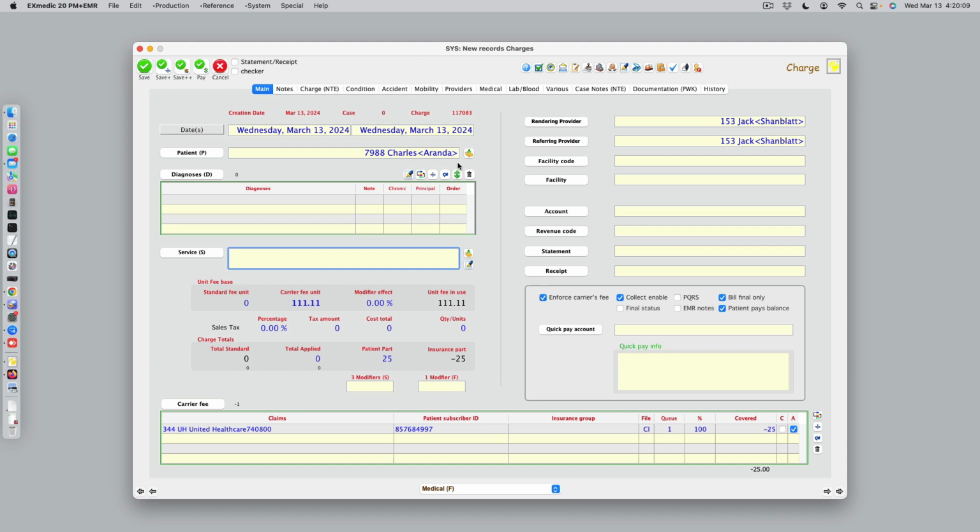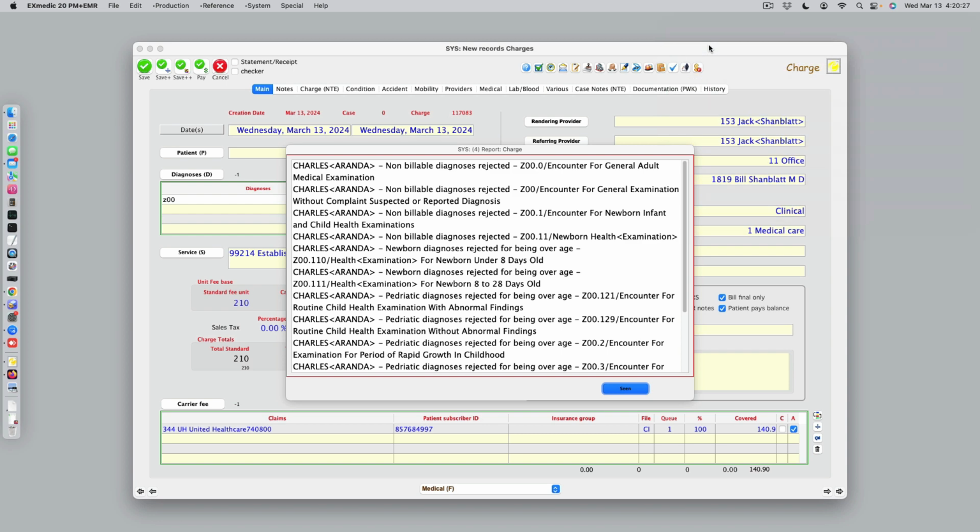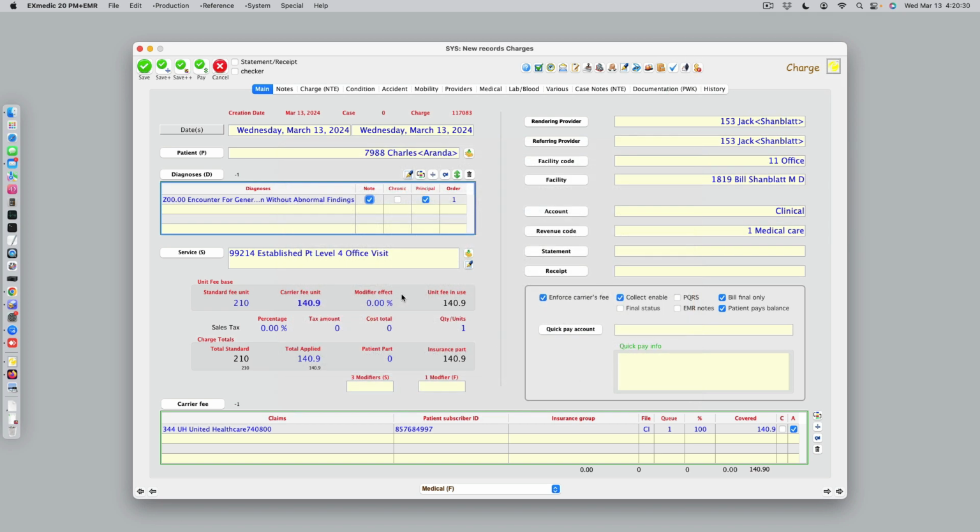Now, I was watching a user doing the following sequence: 99214, so the main service, and I don't remember the diagnosis, but I'll pick one. Okay. And this was saved with a save plus plus, which means take this one, write this one to disk, and set me up the next one on the same patient. Okay. And the following that this user did is G8